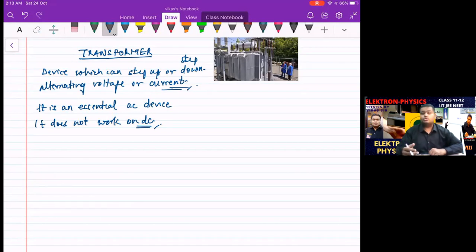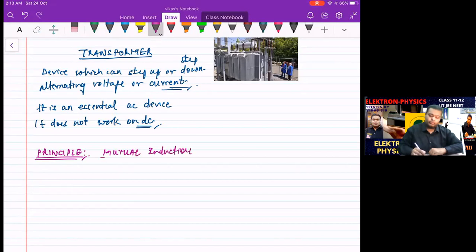That is supposed to be the mutual induction. So the principle behind the working of the transformer is supposed to be defined as the mutual induction. Right? That's a mutual induction. Now, what does a mutual induction basically talk about? It says whenever there is a change in the magnetic flux,